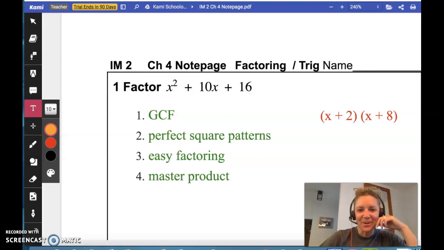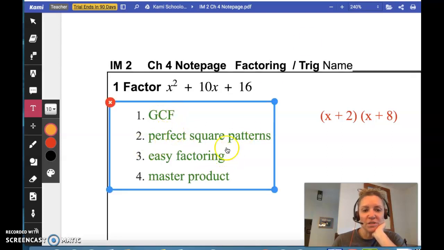Hi, so today we're going to be looking at the Chapter 4 Notepage, and the topic is factoring and solving triangles using trigonometry. So question number 1 on page 1, they want you to factor the trinomial x squared plus 10x plus 16. So when you're factoring, you want to use these four